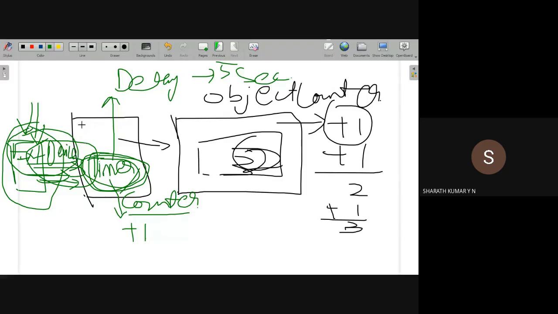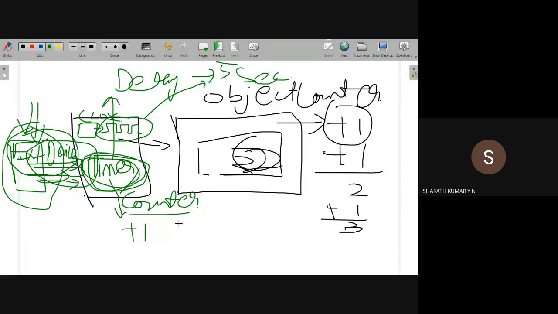What is an internal clock pulse? The microcontroller has an internal clock oscillator circuit. This clock oscillator circuit generates clock pulses. These clock pulses are counted to generate a delay of 5 seconds. We'll take one example to understand the timer operation, so that this counting operation is more clear.